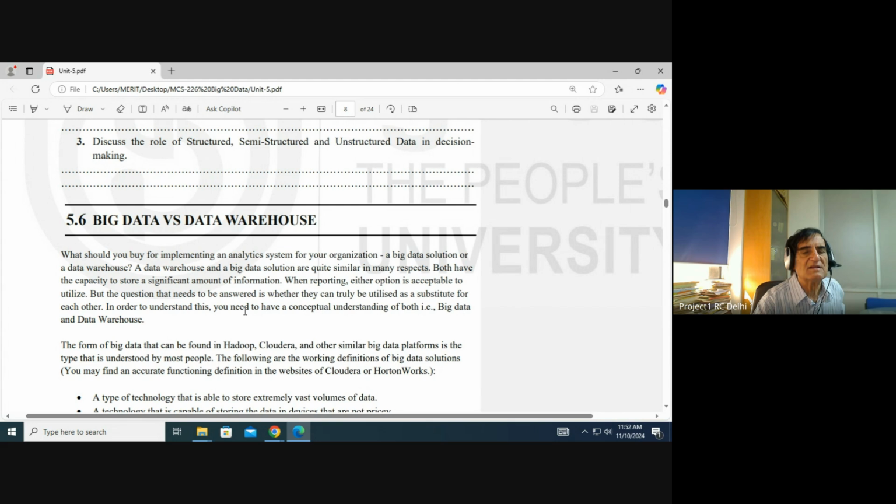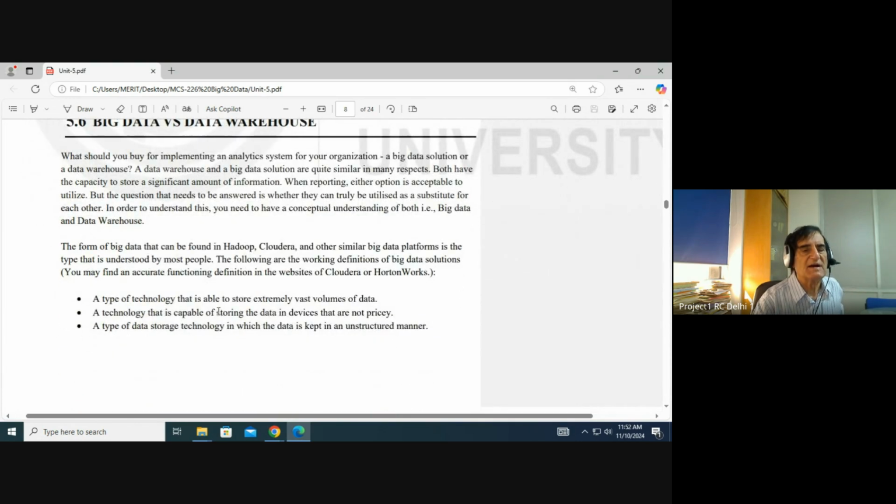difficulty is that this data, their data warehouse is able to take care of it. The data warehouse can have all the data. The form of big data that can be found in Hadoop, Cloudera, and other similar big data platforms is the type that is understood by most people. The following is the working definition for big data. A type of technology that is able to store an extremely vast volume of data,